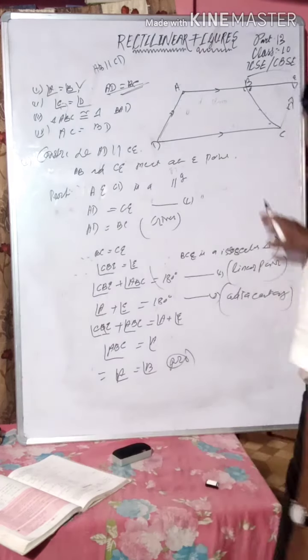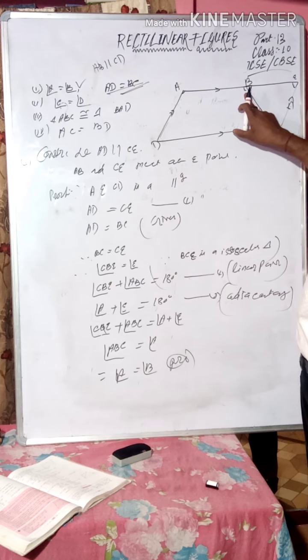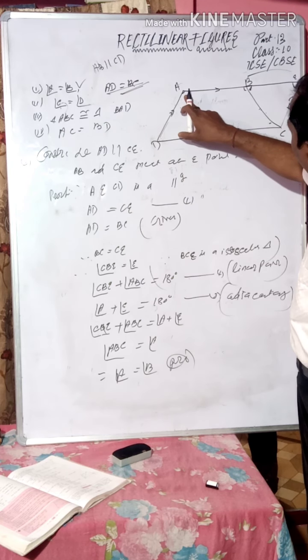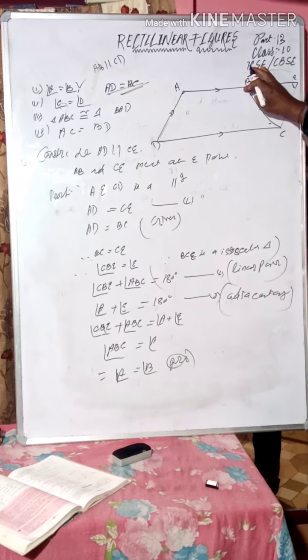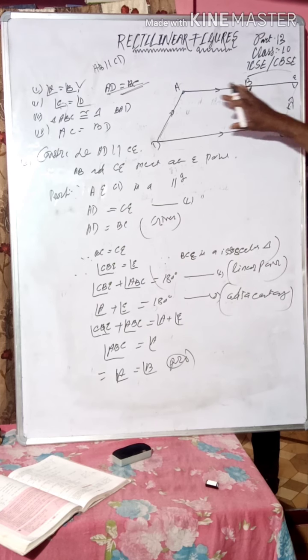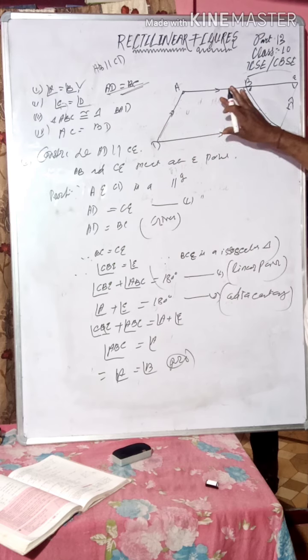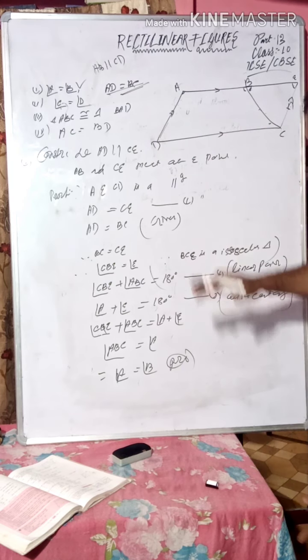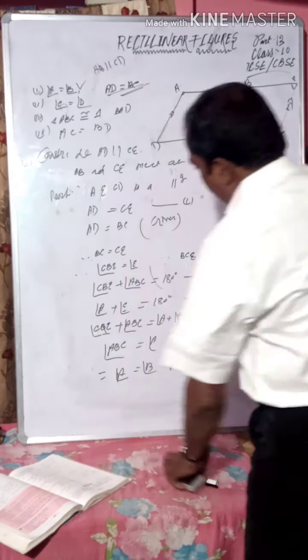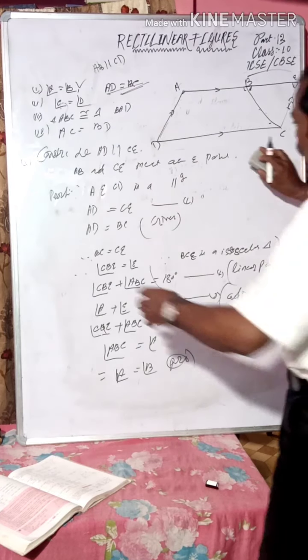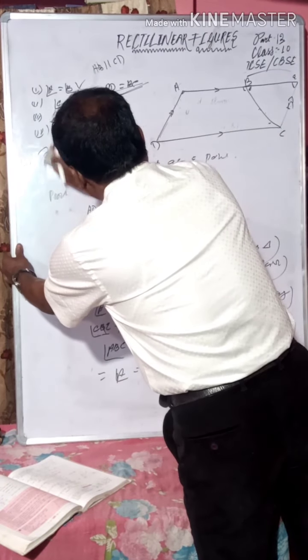Yes. Angle this plus this. Angle A is equal to angle B. We know angle this plus this is 180 degrees. Angle this plus this is 180 degrees. So both sides, angle A and B cut off. Rest. Now look. Take a screenshot. Then we will go to the double I.